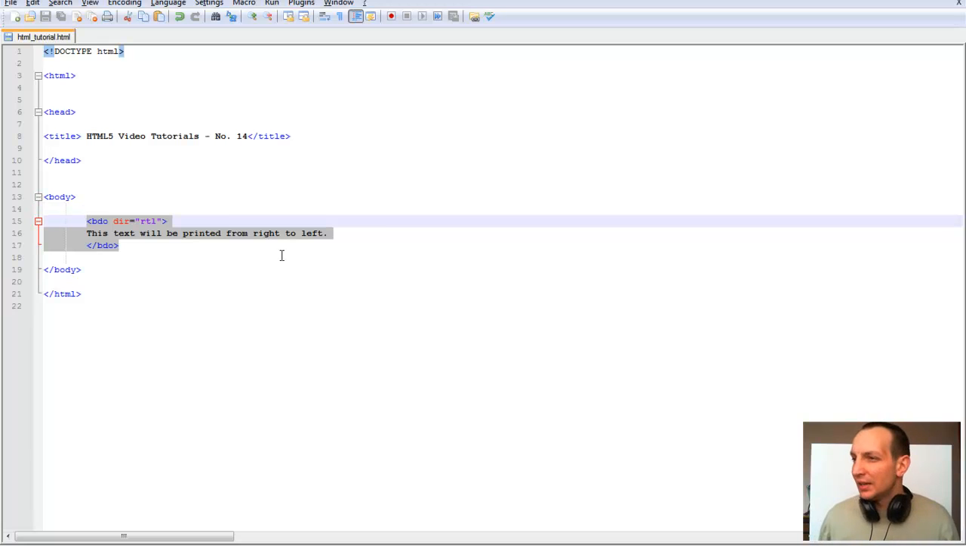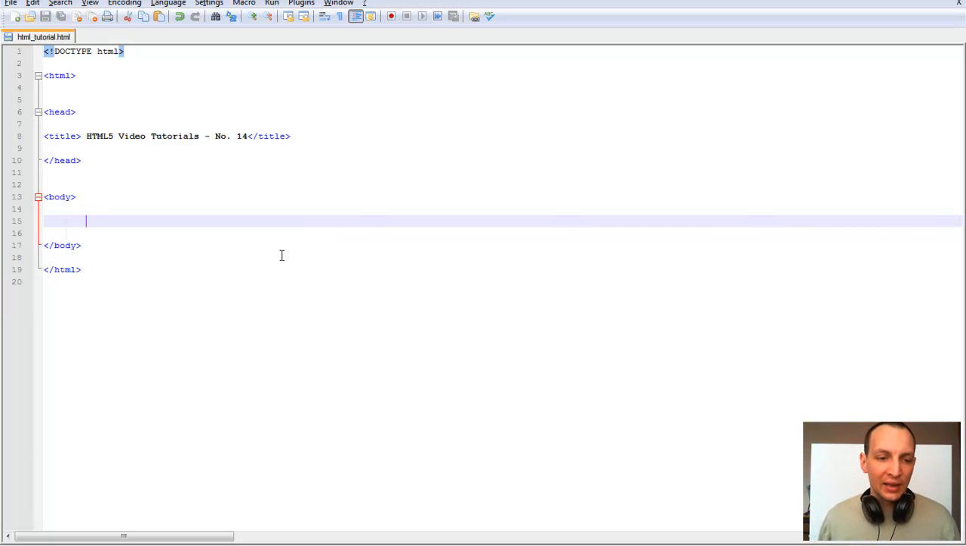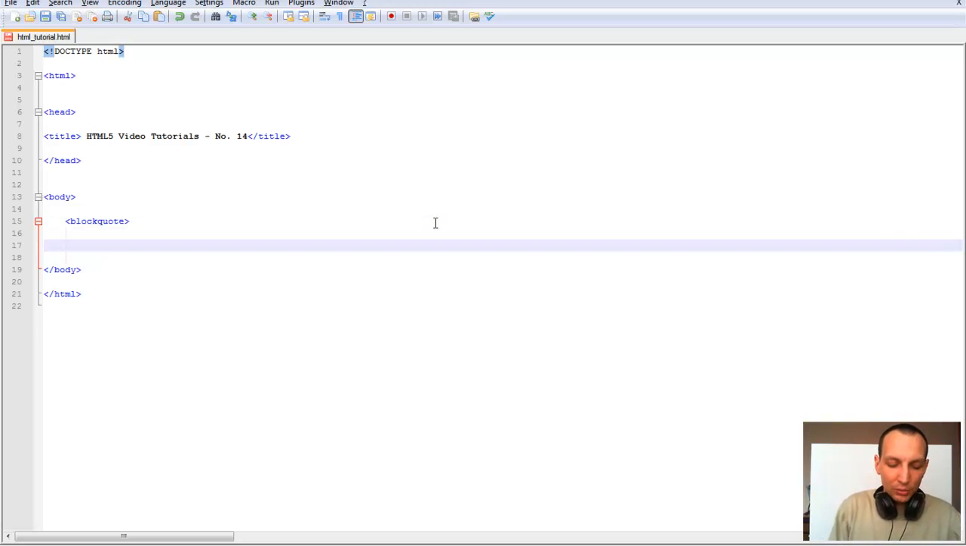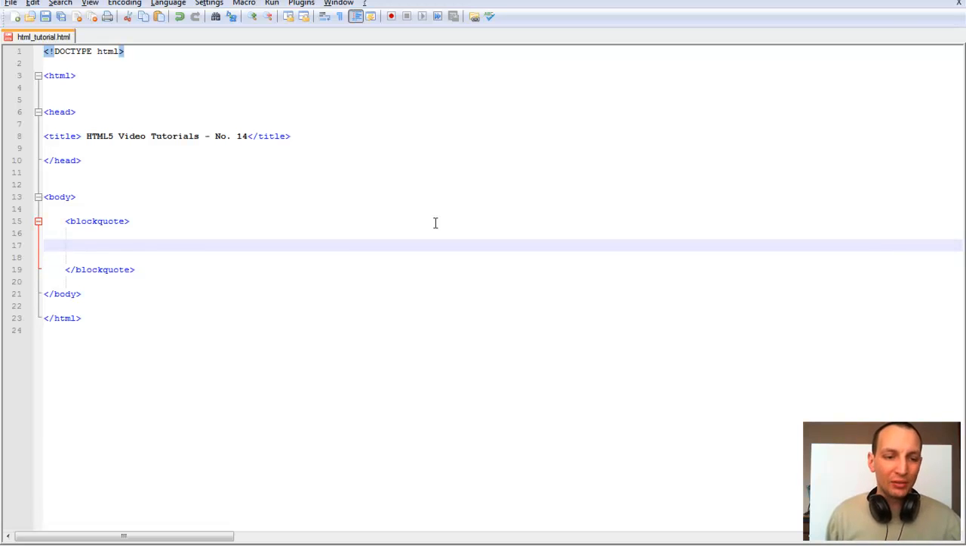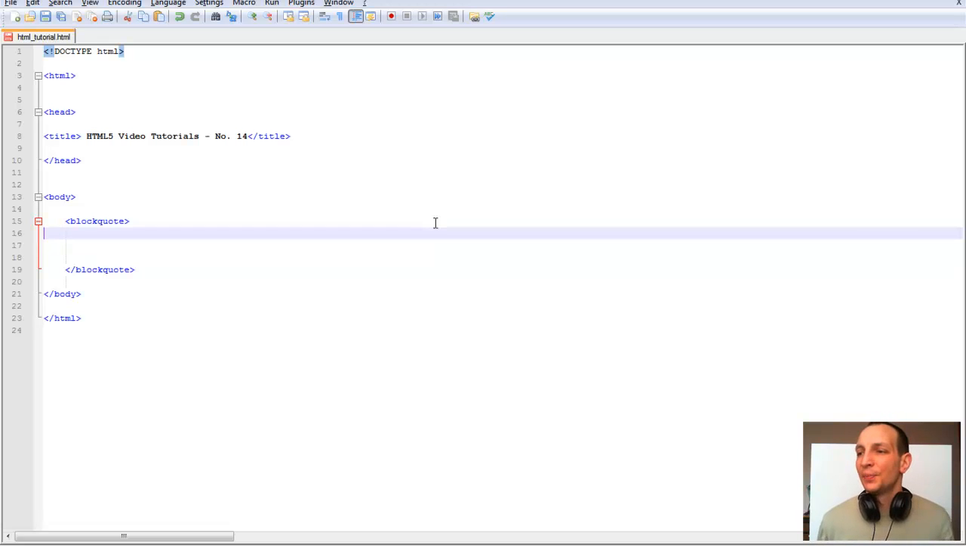Okay guys, and as I can see that I still have a little bit of time left for this tutorial, I'm gonna show you one more tag that I wanted to. That tag guys is the blockquote tag. What the blockquote tag does is that it lets you embed part of a text and tell your browser to display that part of the text as